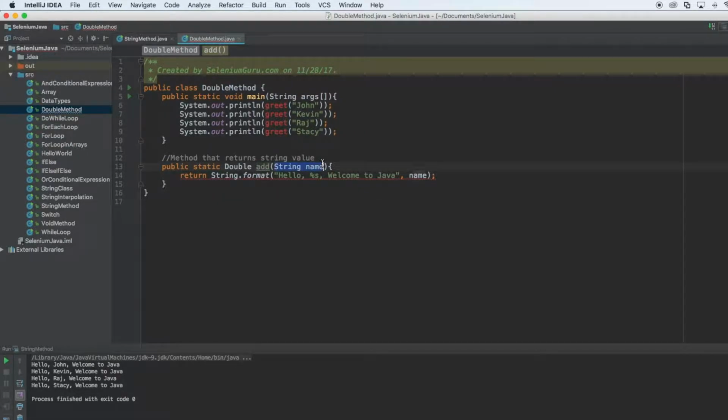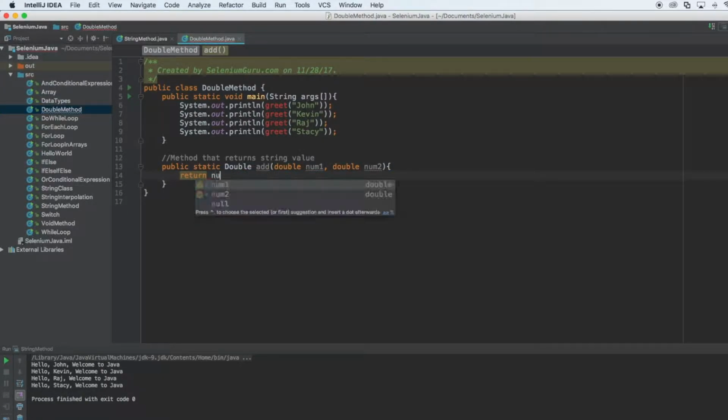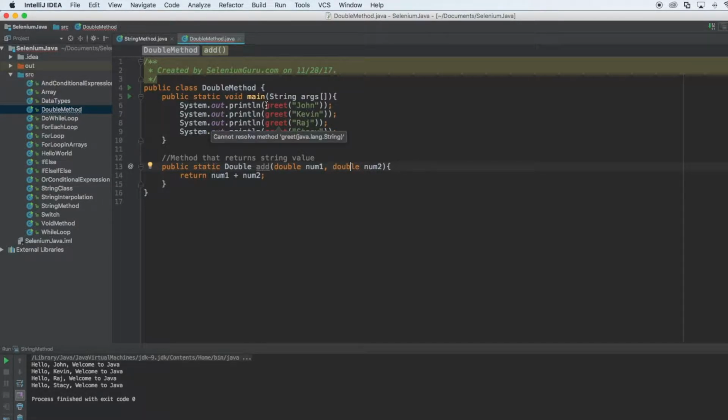It also takes double num1 and double num2. Here I'm returning num1 plus num2. As you can see, I'm returning a double because num1 is a double and num2 is a double as well. Now if I call this add method here, I can say add 21,